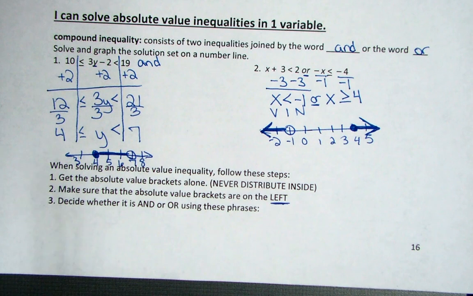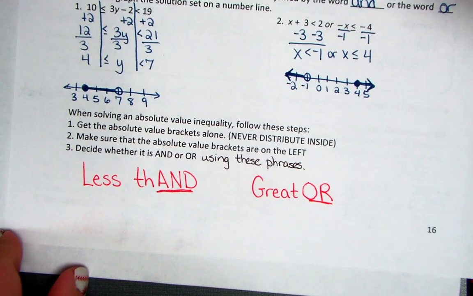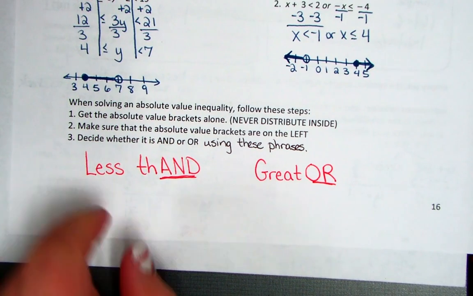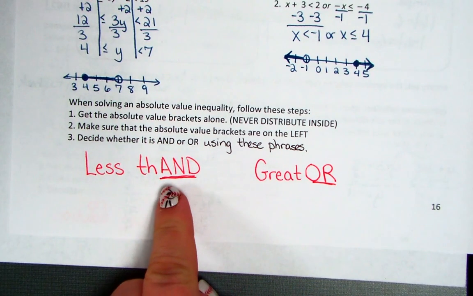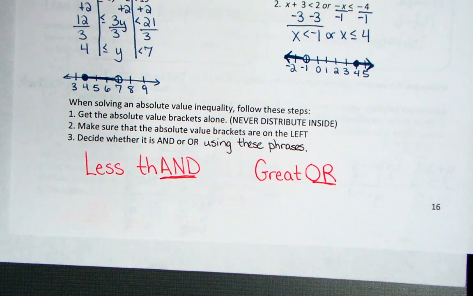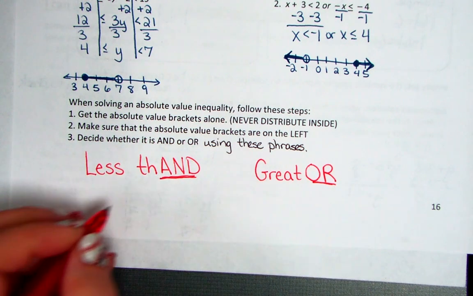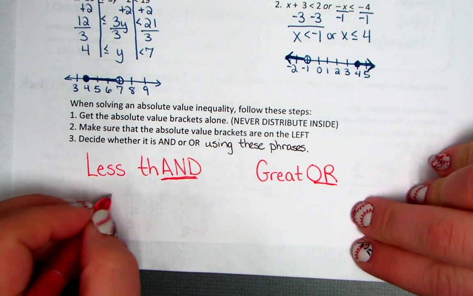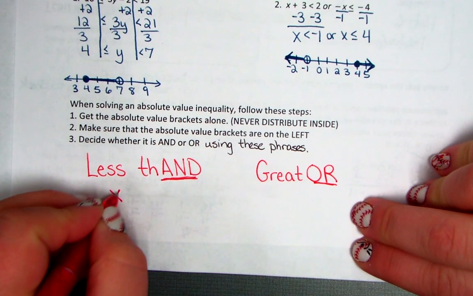Now I have a couple of phrases to help us remember if it's an AND or an OR inequality. Here they are. You may want to pause this to write it down. It's "less than" and "great or." That has to do with the symbols that are below it. So when we're done solving it out